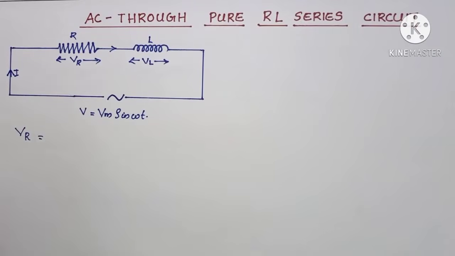In this video, we are going to see what will happen to current, voltage and power in the case of a pure RL series circuit when an alternating current flows through the circuit. Based on this, we will see the phasor diagram and the waveforms, and the voltage triangle, impedance